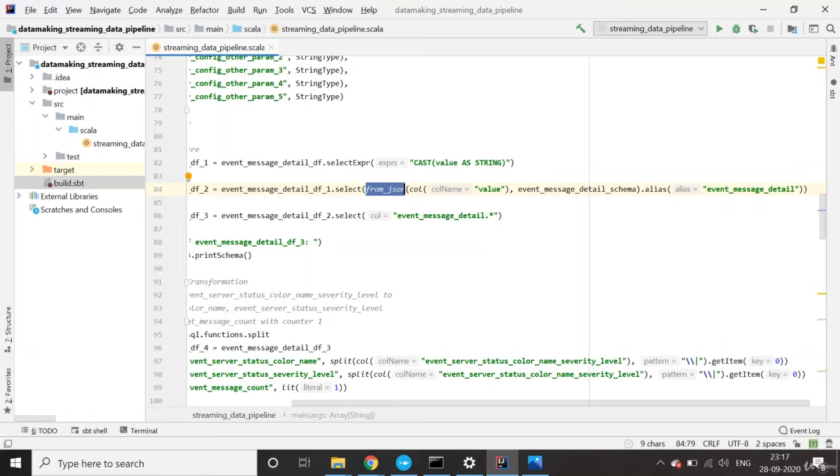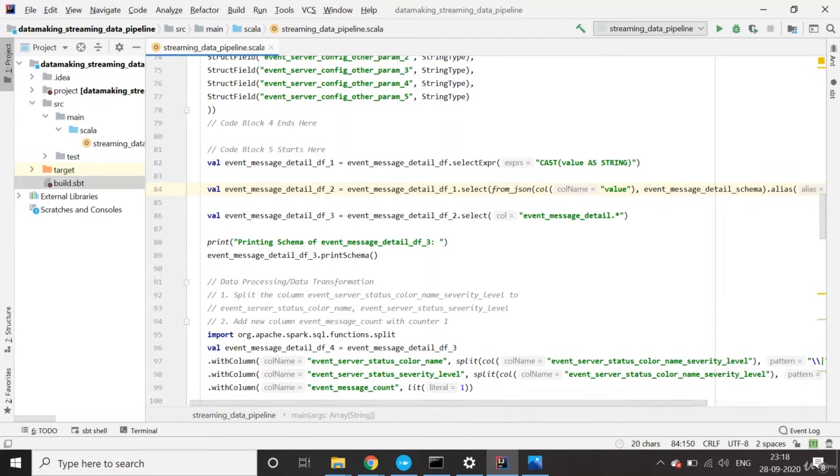You need to pass the schema, which we defined in the previous step, to parse that JSON. I'm also giving a column name: the value column we parse, and I'm calling that JSON object or struct type column event message detail. I'm giving it a new name.